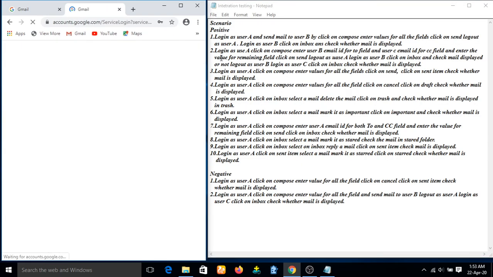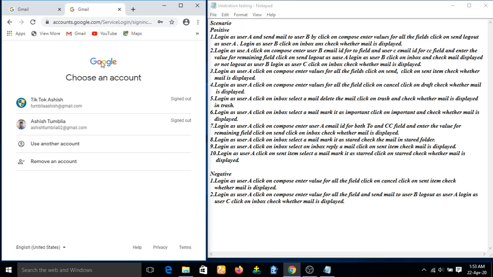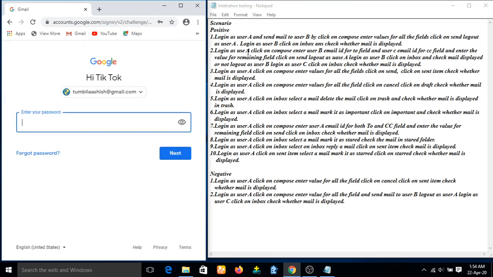Now the second scenario is: login as user A. Means this account, I'm assuming this is the user A account, and let me enter the password.